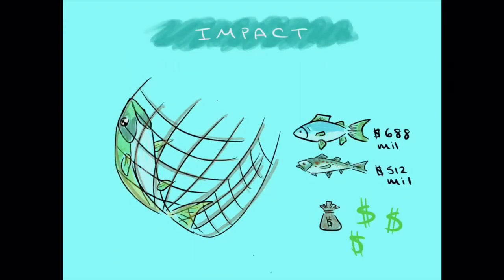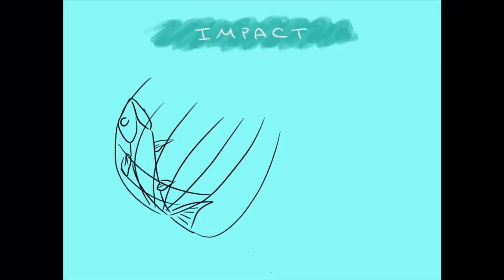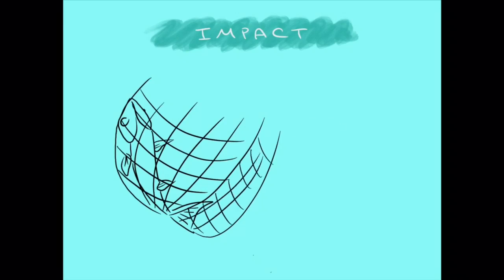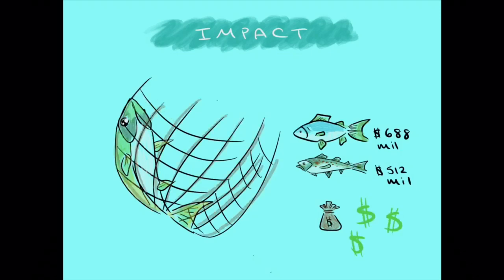Next up, how do fishes impact us? According to the National Oceanic and Atmospheric Administration, 9.9 billion pounds of fish were captured in 2017, with salmon being valued at $688 million and Alaska pollock at $512 million. In 2016, commercial fishing and the seafood industry supported 1.2 million jobs, reeled in $144 billion in sales impacts, and contributed $61 billion to the GDP.